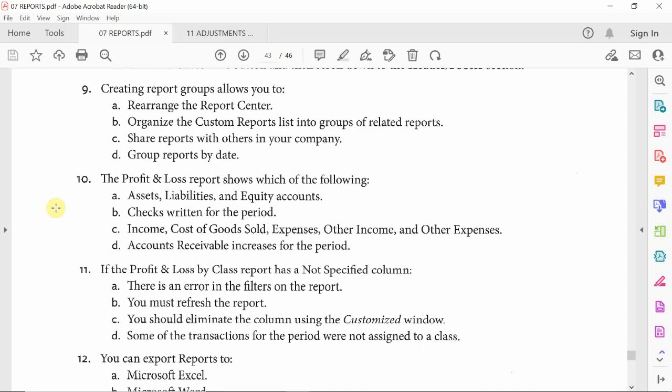C. Okay, let's see. Number 10, correct. C. It's going to be all of your income versus all of your expenses, which includes cost of goods sold, expenses, and other income and other expenses. Yes. So again,